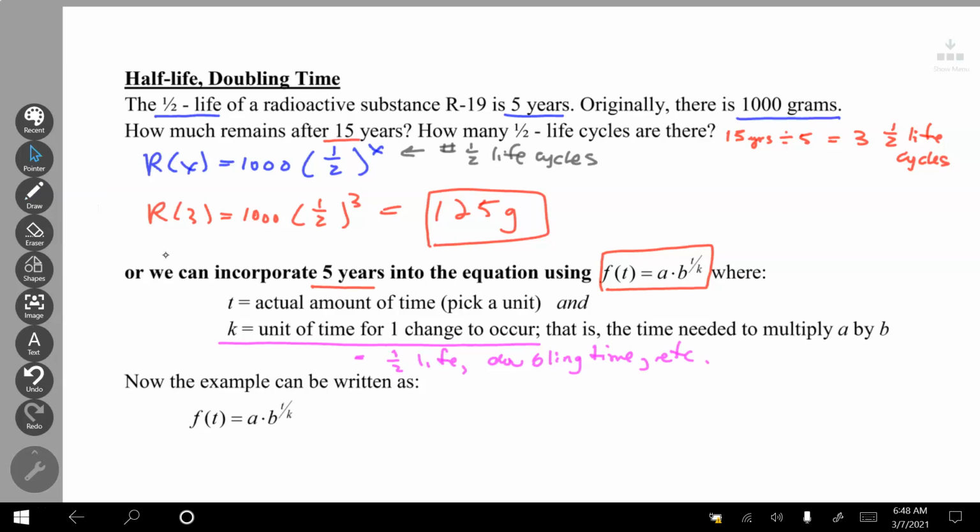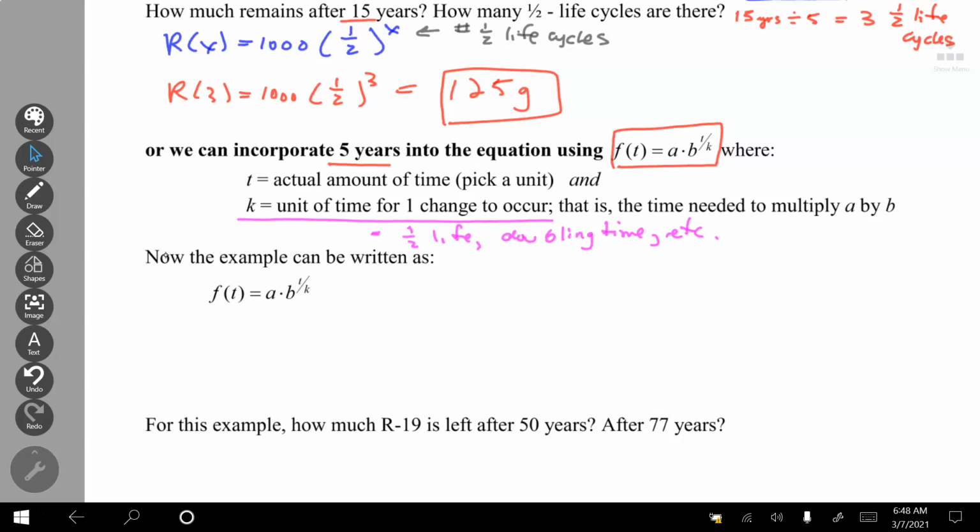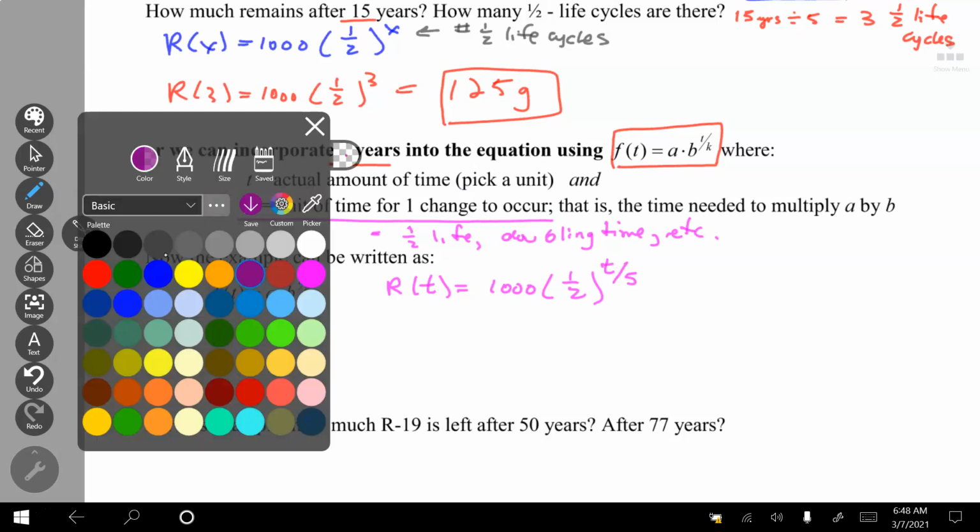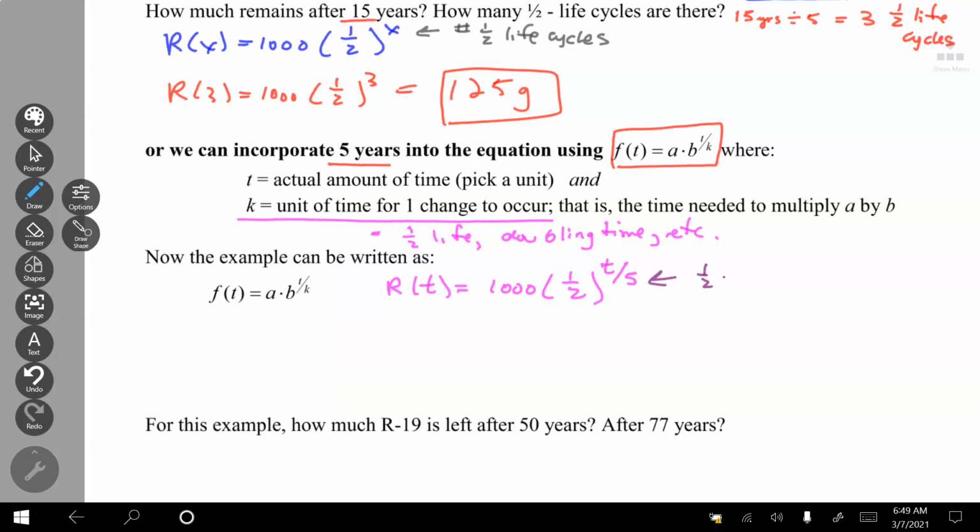So I can rewrite this formula as r of t is equal to 1,000. I still have 1,000. A half is still my multiplier, and I'm going to do t over 5. I'm going to incorporate that 5, the half-life cycle, into the equation. So now when I figure out how much I have after 15 years, I'm going to use t equals 15, and I get r of 15 is equal to 1,000, 1/2,